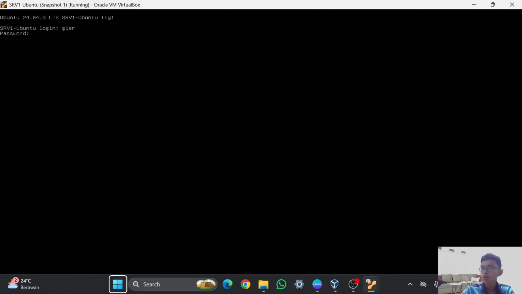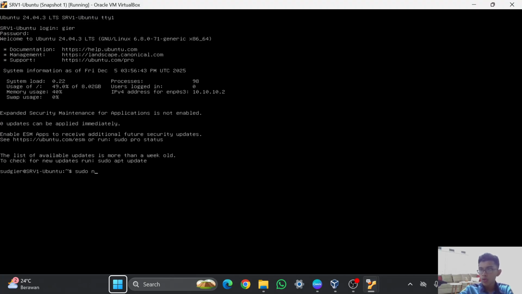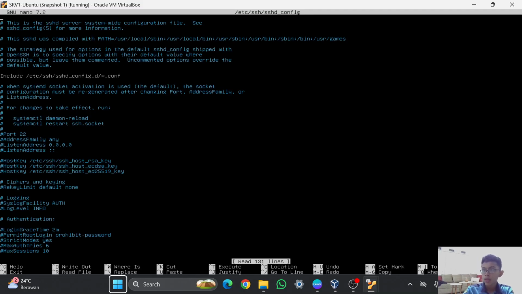If you want to change the SSH port, you can use the command sudo nano /etc/ssh/sshd_config, then tab, and after that you fill in the password, and in here there is Port, and you can delete the hashtag sign, and you can add the port with anything you want.